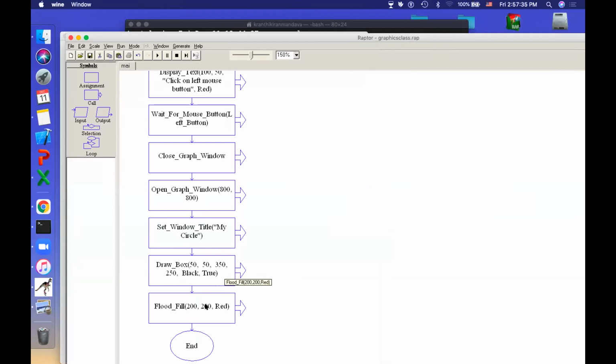So 200, 200 is in between them. Naturally it will start at 200 and fill everything. Flood fill is something like, imagine you released water, the water will go forward unless it finds an obstacle. So when you just throw the paint like that, the entire area will be filled unless it finds a border. That's what the flood fill function does.